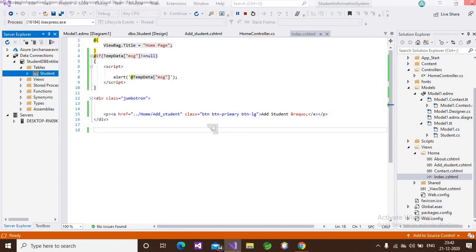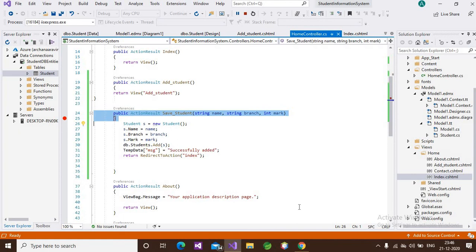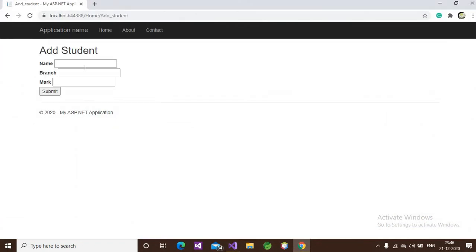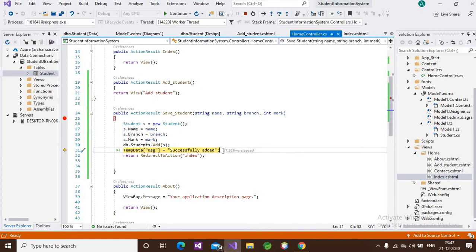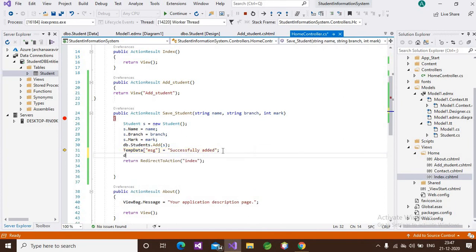Show table data. Here one more step. Here we have to write db.SaveChanges to save our data to our database.